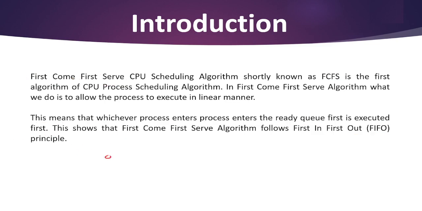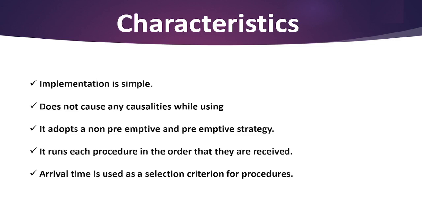Let's take an example here. Let's say there are 5 people in a queue in a bank. They want to meet the manager of the bank. Okay, let's say person 1 was added to the queue first, so the bank manager will serve them first and then they exit. After that the second person, third person, in the sequence in which the processes are entered in the ready queue, they are executed in the same manner in case of first come first serve algorithm.